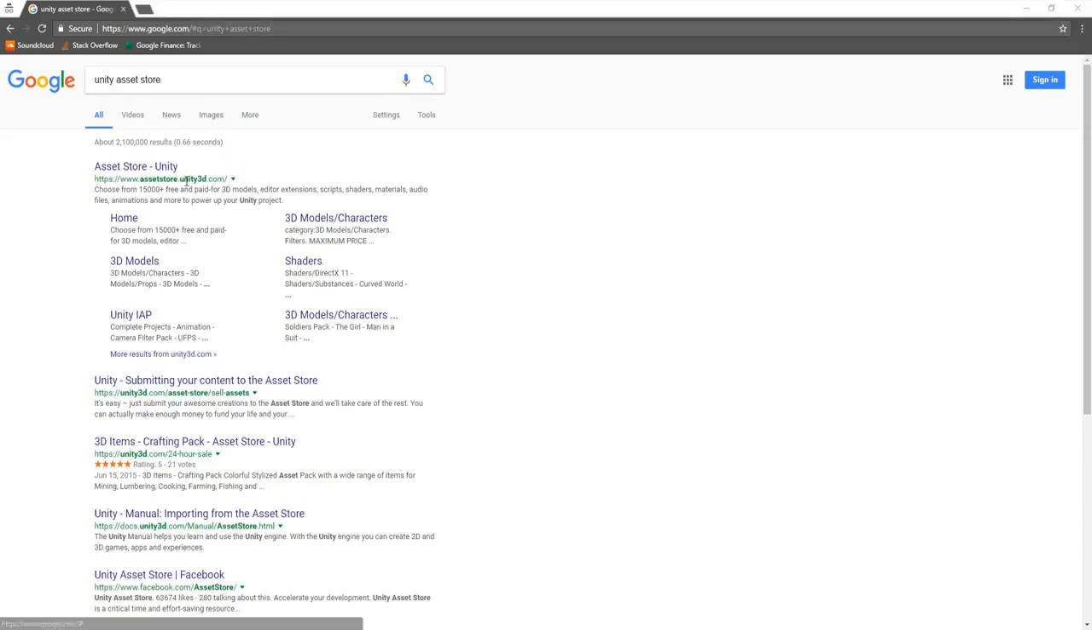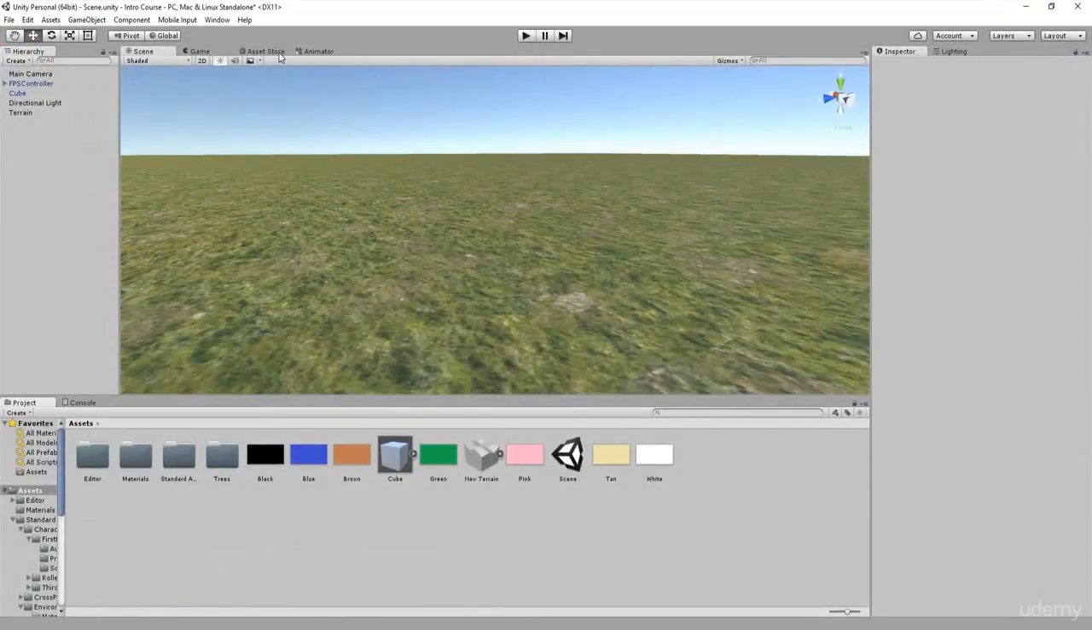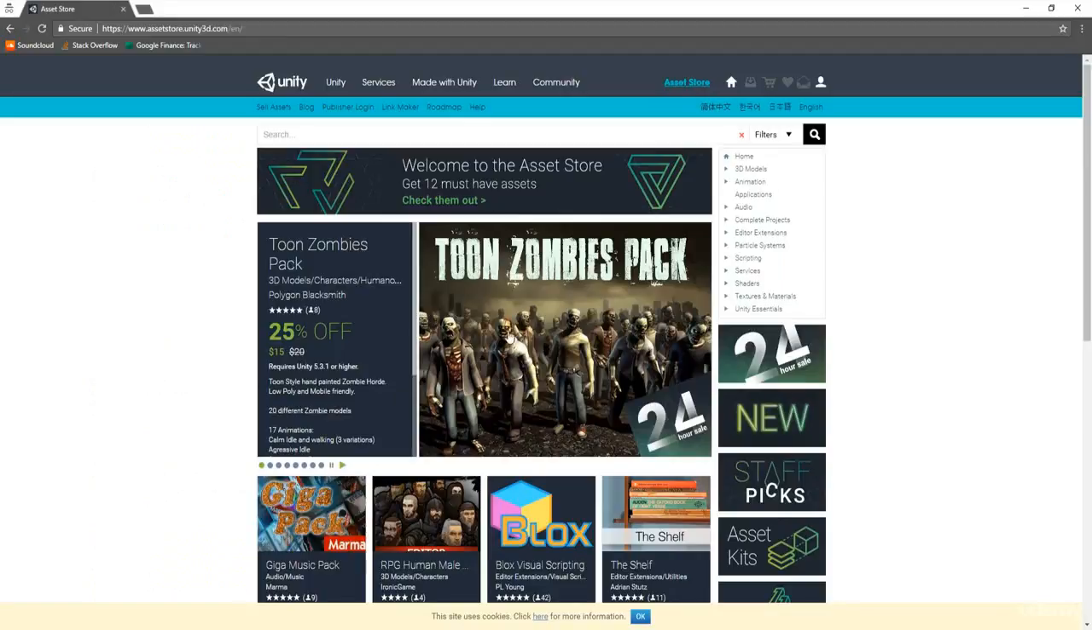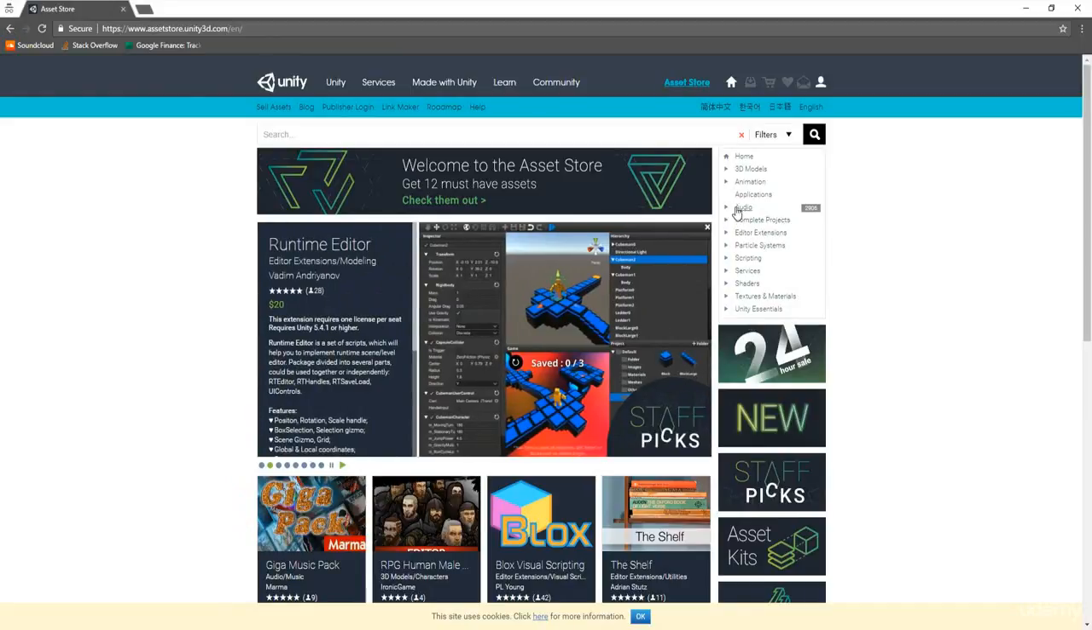Now just to be safe, you could just go to assetstore.unity3d.com as you can see here, and that should take you to the Asset Store. Likewise, you can also access the Asset Store within Unity itself. So once you go to the Asset Store, you should see a bunch of things here. There are some featured asset packs and other things like that, but you can choose what you want over here